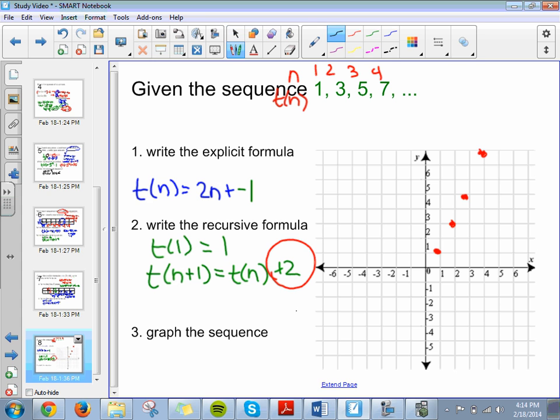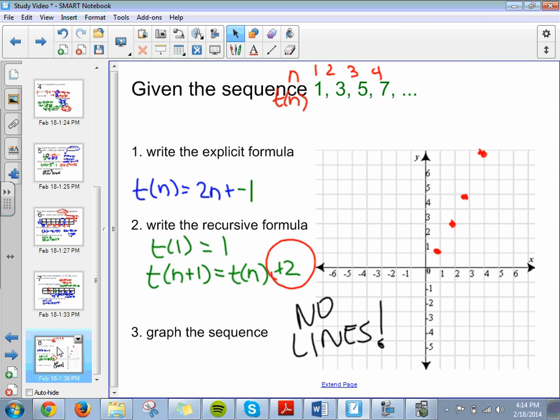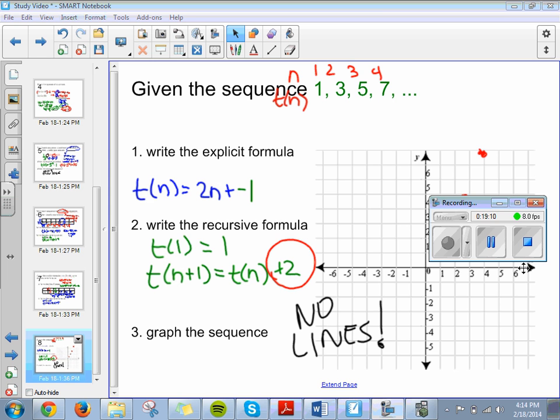And we're making sure that we know that we're talking about a sequence, which means it's going to be discrete. What discrete means? No lines. So if you're graphing a sequence, do not connect your points. If you can do all the things in this video,